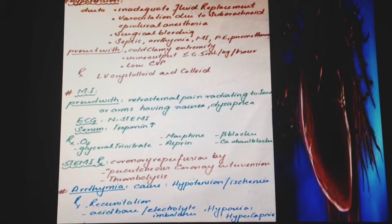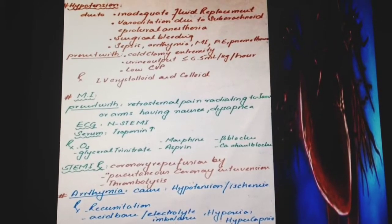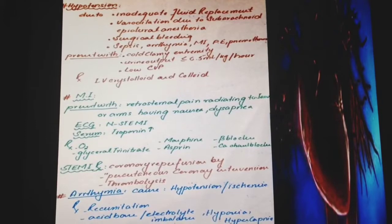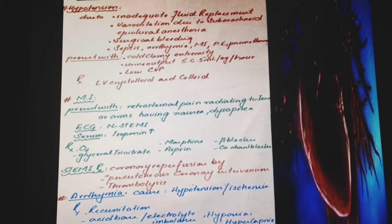The cardiovascular problems are basically of three types. There can be hypotension, myocardial infarction, or arrhythmias. Hypotension is due to inadequate fluid replacement after surgery, or it can be due to vasodilation from subarachnoid or epidural anesthesia, surgical bleeding, sepsis, arrhythmia, myocardial infarction, pulmonary edema,